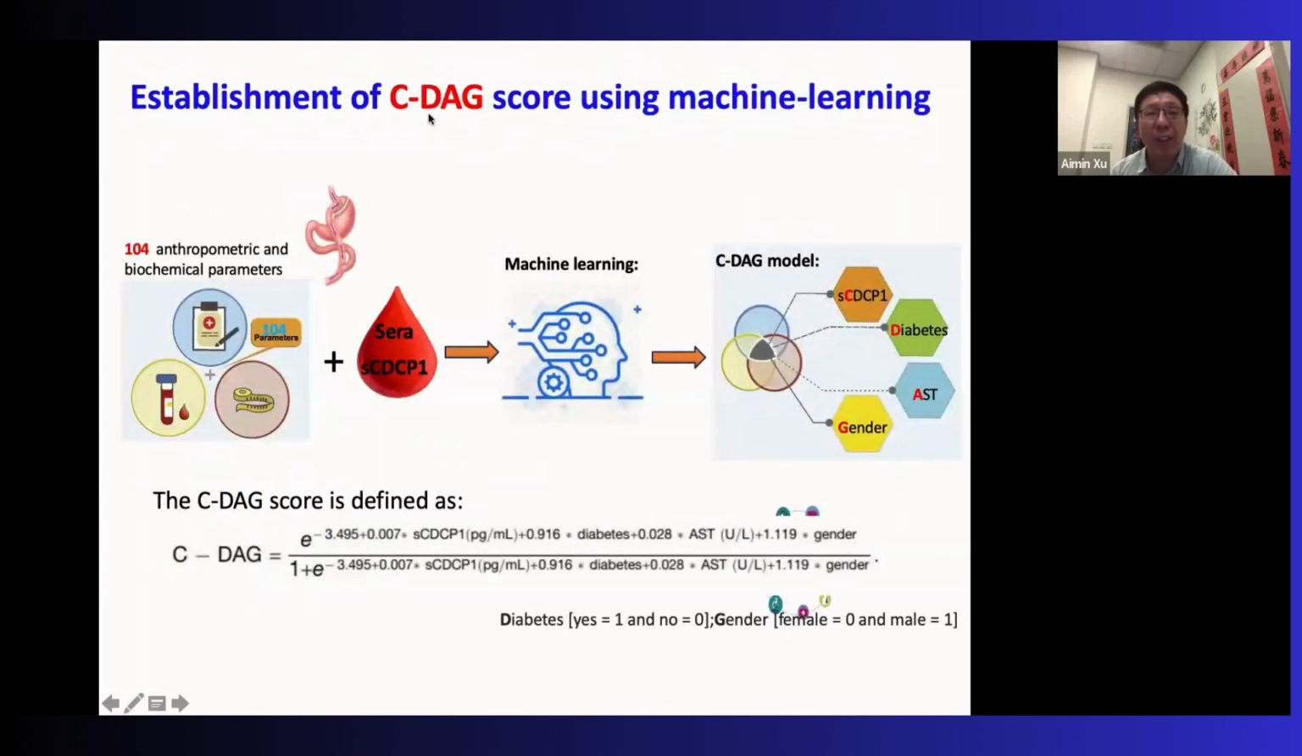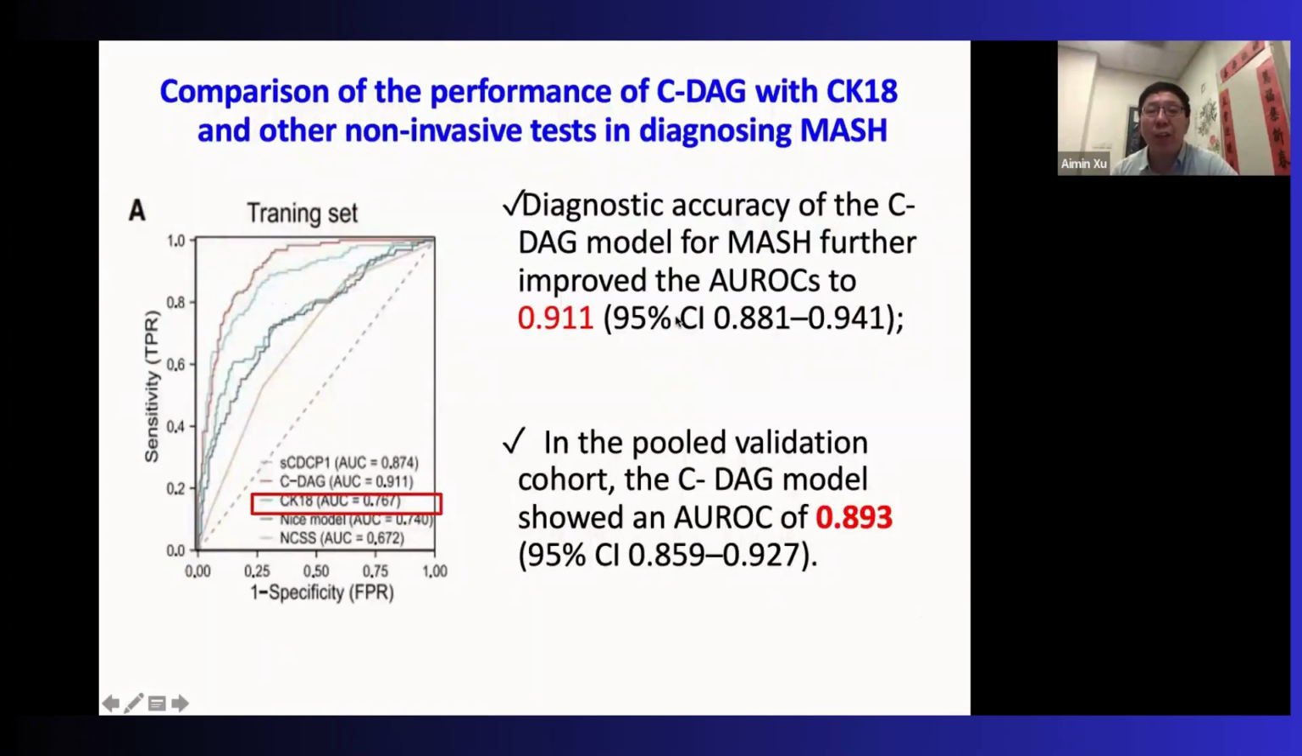We also established a score called C-DAG using machine learning. As you can see, we collected 104 different clinical biochemical parameters together with serum CPCT1. After using AI, we established this C-DAG score, which includes secreted CPCT1, diabetes, AST, and gender. Using the C-DAG score for MASH, we can get an AUC of around 0.9 in our discovery cohort, and about 0.89 in the